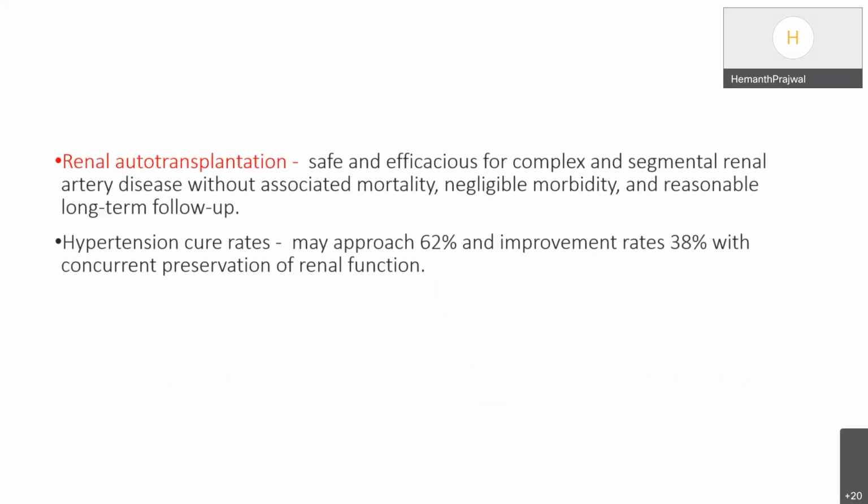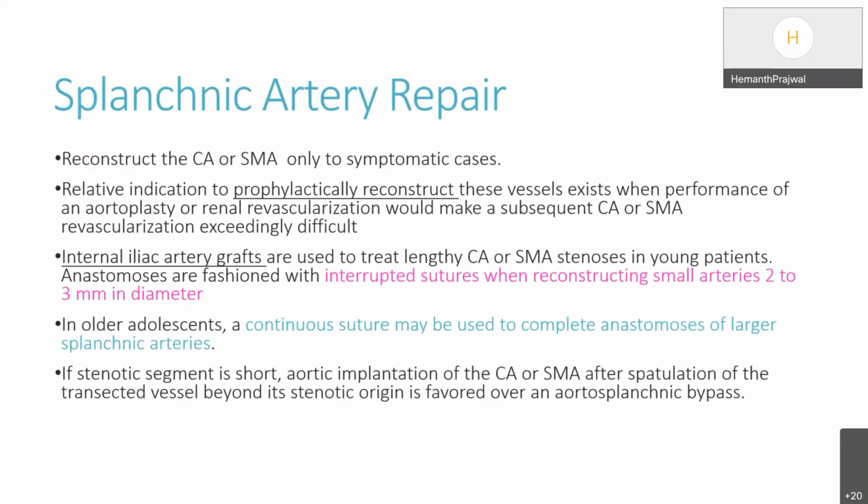Renal autotransplantation is also another option, which is safe and efficacious for complex and segmental renal artery disease without associated mortality. It has a negligible morbidity and a reasonable long-term follow-up. And the cure rate for hypertension may approach 62%, and improvement is seen in 38% with preservation of renal function. The splanchnic arterial repair is done only in symptomatic cases, and the relative indication to prophylactically reconstruct the